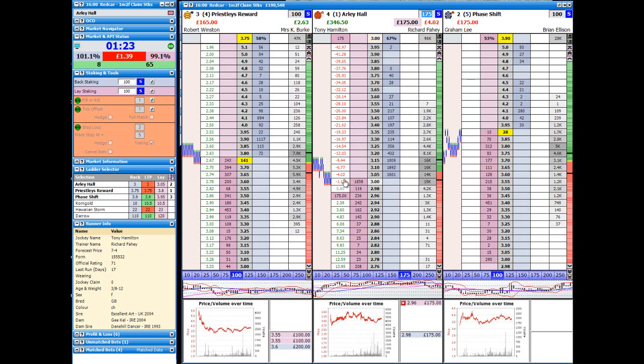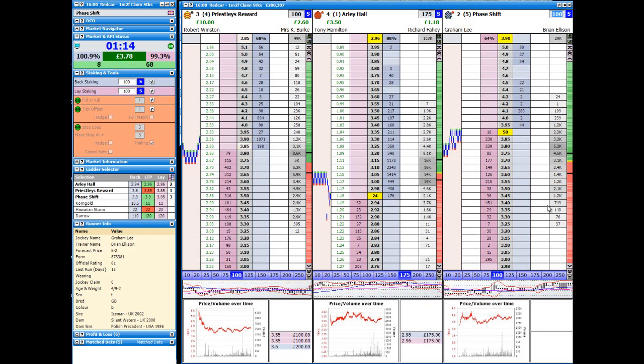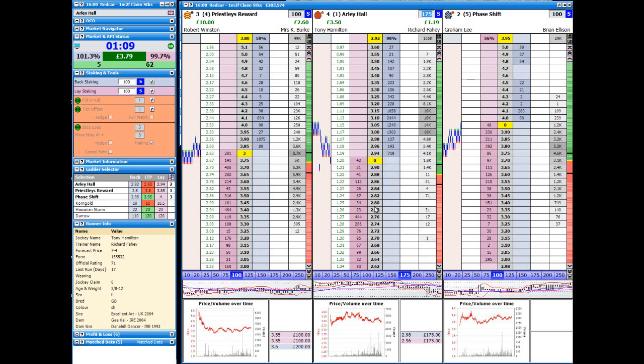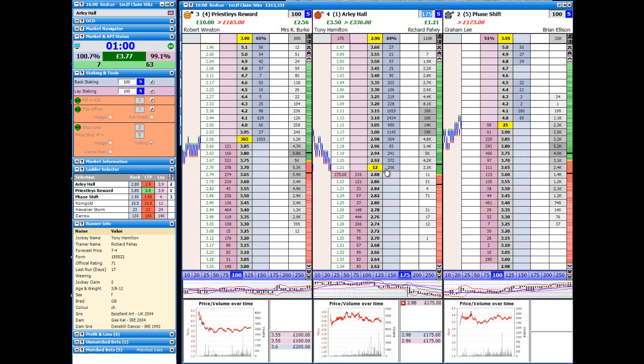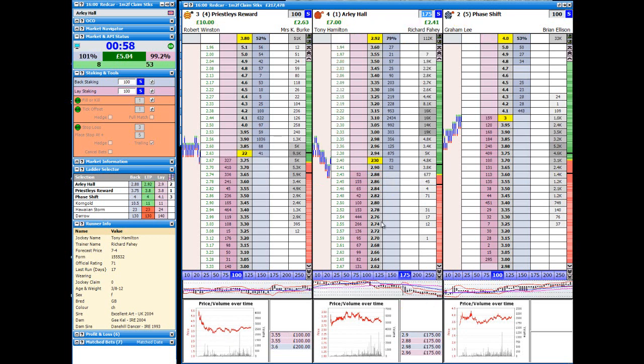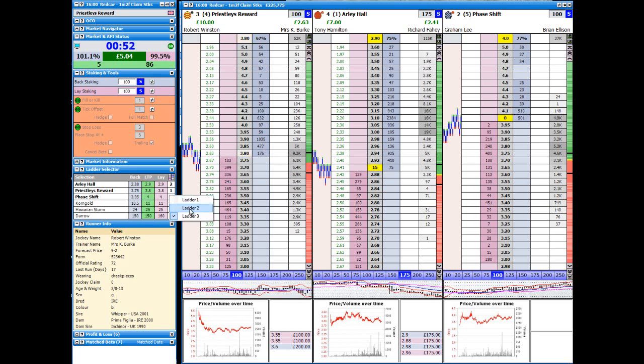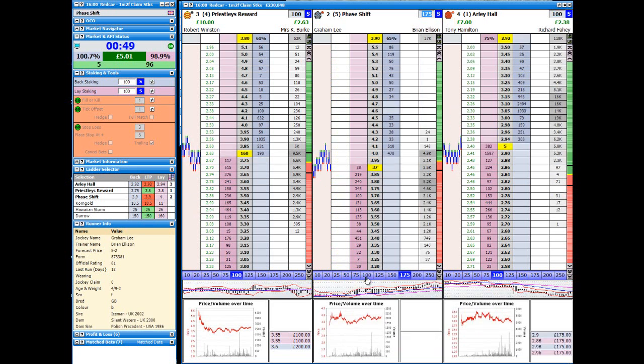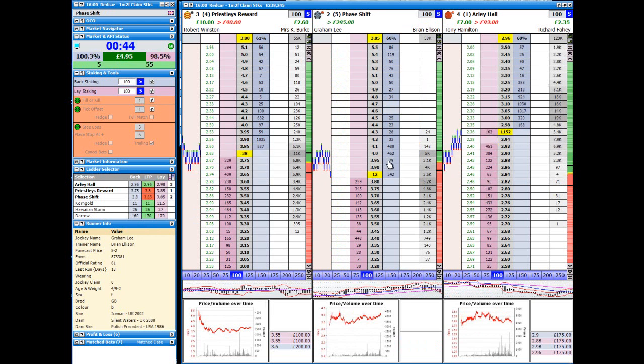I'm not going to take too many chances here. I don't think I'm going to get back down to 2.96. So what I should do is try and get out here. But in fact, it did. It just jumped straight down again. There was some money at £1,700 on the lay side at 2.98, it just disappeared, so the price came crashing, and I was lucky to get matched at 2.96. Okay, so I've now got £7 free green on Arlie Hall, £10 free green on second favourite Priestley's Reward, and